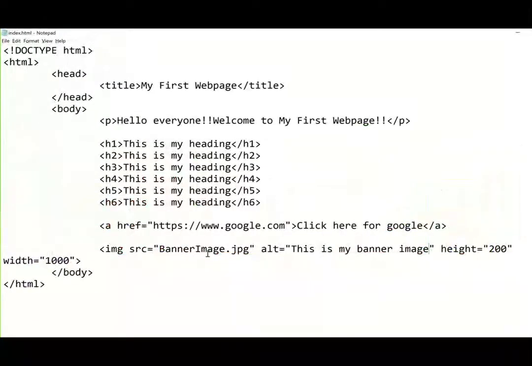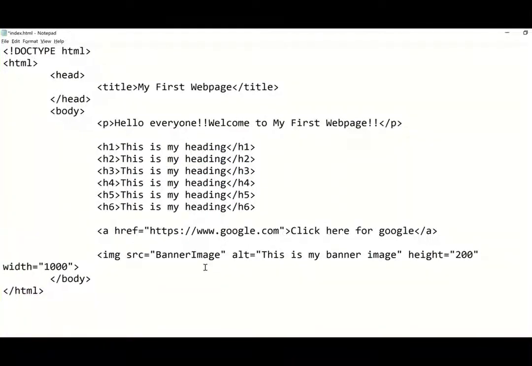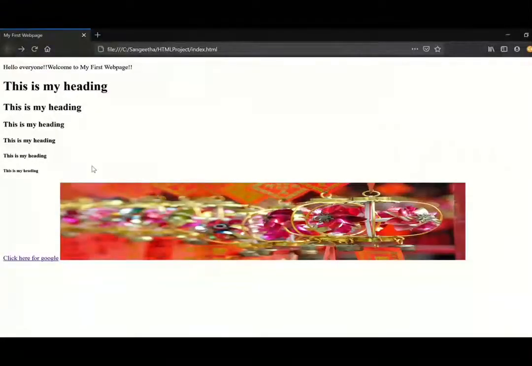So when the source file is right, then it will display the image. But if I'm giving a wrong source file, that is, just delete the extension. Now save the file and go to the web page. Now refresh the web page.